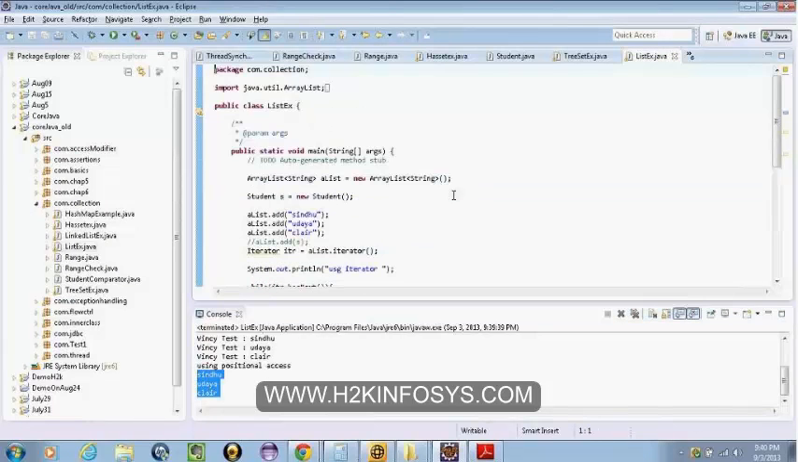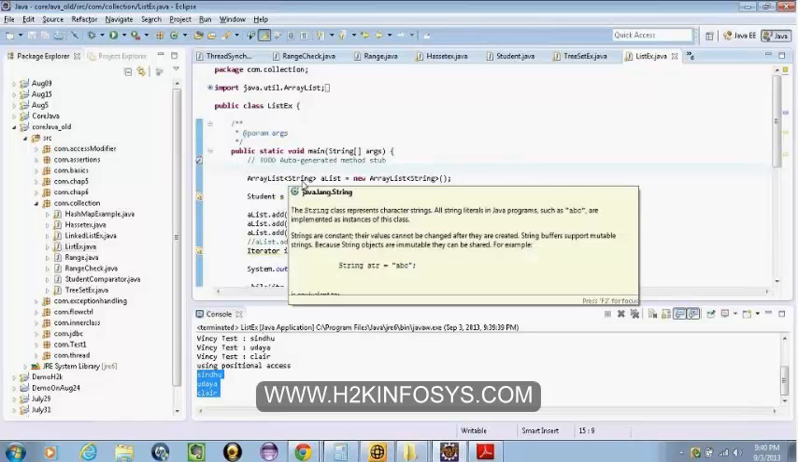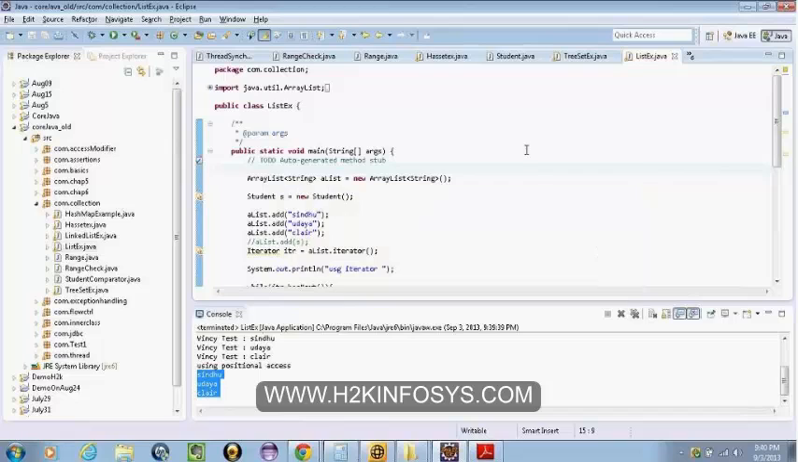So those are the implementation classes for the list interface. And folks, we have a class called Vector. It is a list implementation, but it is deprecated. We don't use it. If you're coding now, we don't use Vector because